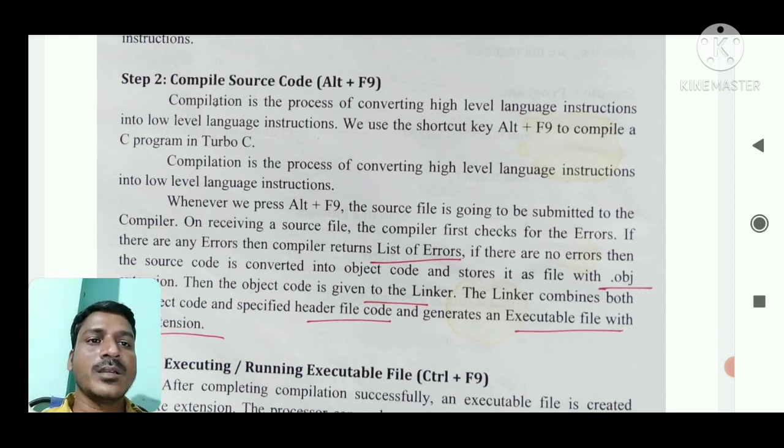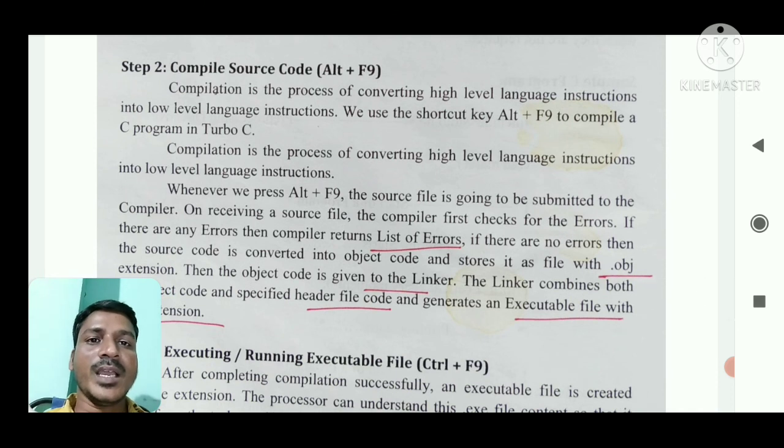If there are any errors in the source file, the compiler returns the list of errors, or the compiler displays the list of errors on the Turbo C. In case there are no errors, then the source code is converted into the object code and stored as a file with .obj extension.